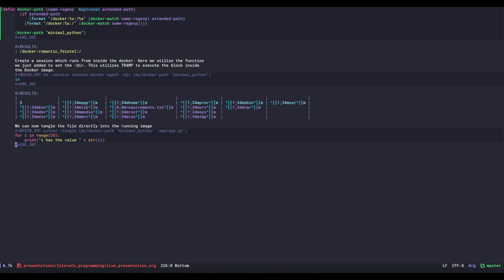Right, here it was. So I can actually use this function again and provide the image and name and application and use it inside Tangle. So this is hopefully a solution, Tangle. And now we have tangled it into the running Docker image. So now we just want to create another session block which uses the session Docker agent and try out our